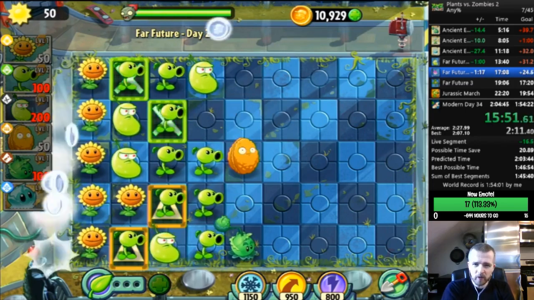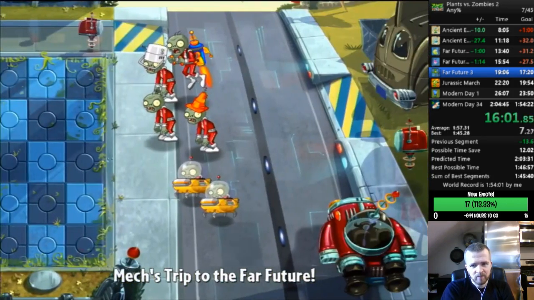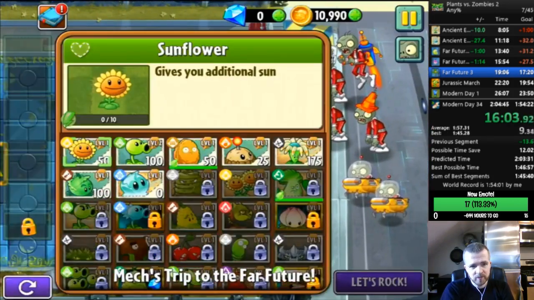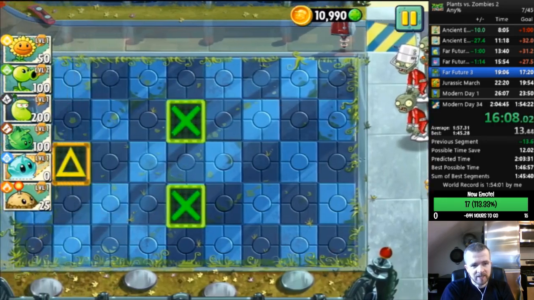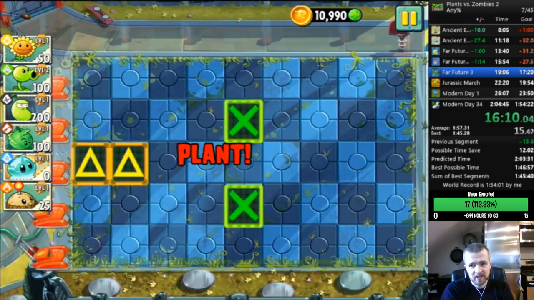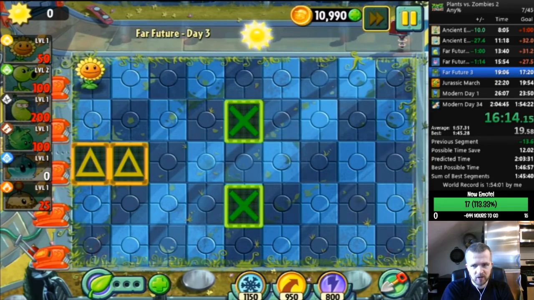And this is another level. Again, I think in all, I probably could have saved somewhere in the neighborhood of 5 to 10 seconds if I played it perfectly. But that being, taking the potato mine and not making those misclicks that I did. But I do like taking the iceberg lettuce to help a little bit with the final wave, like you saw that I did right there. So